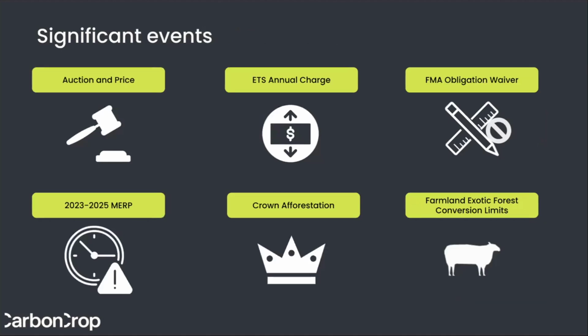Other recent events. So as I mentioned, the auction cleared in late December. Certainly a lot of people will be watching to see what happens in mid-March, the next auction. Also, roughly at the end of the year, the ETS review of the annual charges was announced, with a revision of the price from, I think, $30.25 per hectare per year for registered forest down to $14.90 per hectare per year for registered forest. There's some exemptions there and some pro rata allocations depending on date of registration.